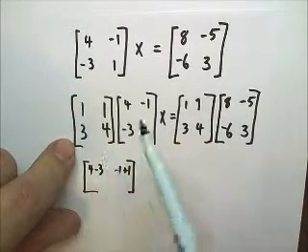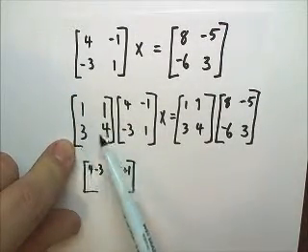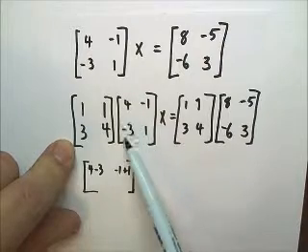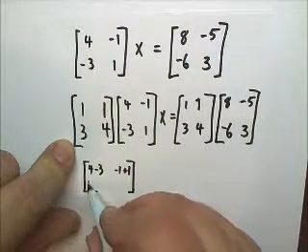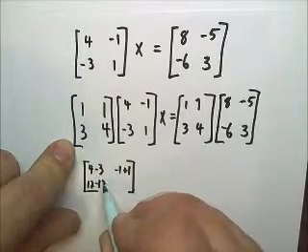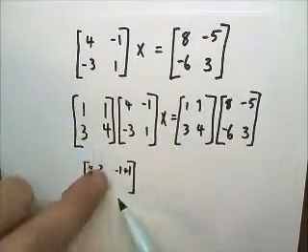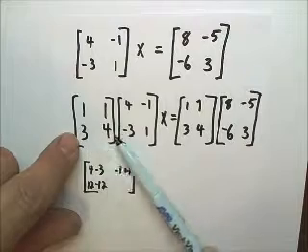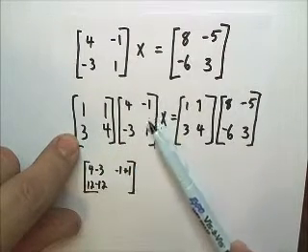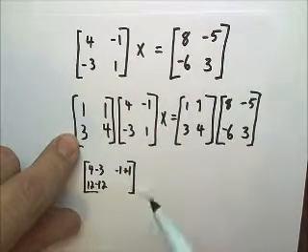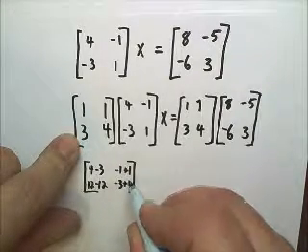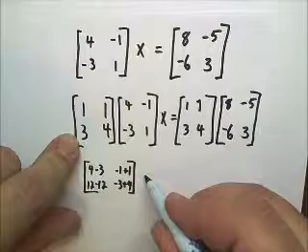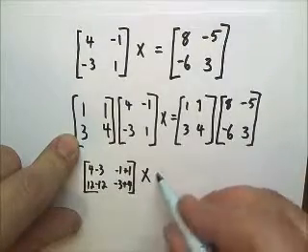And to get this entry down here, it's 3, 4 times 4 minus 3. So that's 12 minus 12. And to get this entry down here, it's 3, 4 times negative 1 plus 1. That's negative 3 plus 4. Times x